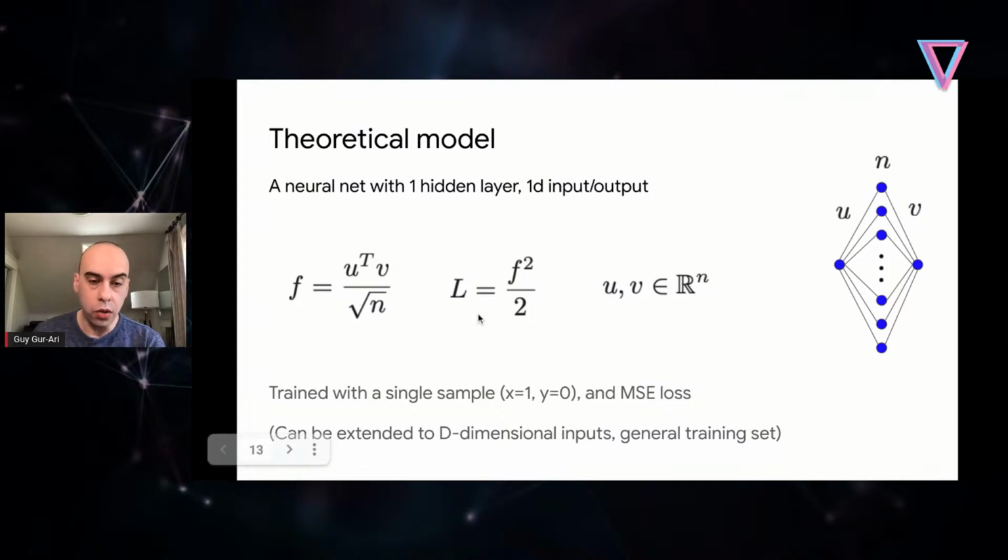For the loss, we're going to use mean squared error loss. The experiments I've shown before are also for mean squared error loss. That is going to be important. All these observations I'm making in this talk apply to mean squared error loss. They don't apply to cross-entropy. Cross-entropy loss is a very different story. So the loss is simply f squared over 2. We have just one training sample. This is the loss we're going to train on. All right, so this is the setting. We're going to do gradient descent on these parameters with this loss, and we're going to see what happens.